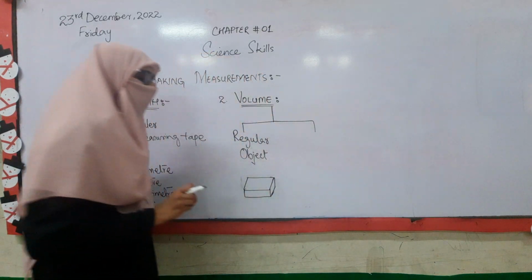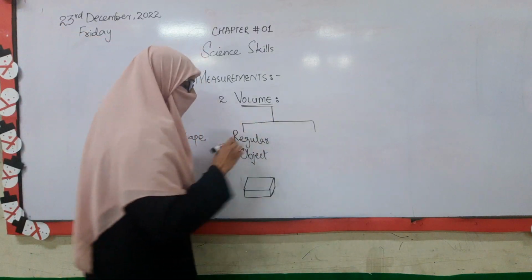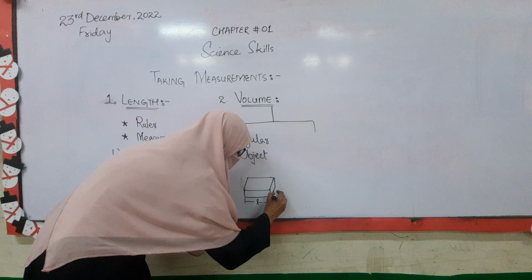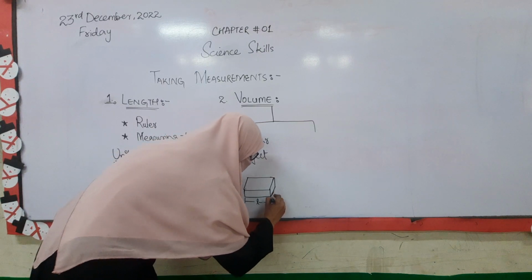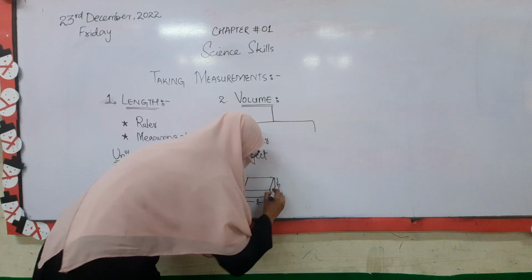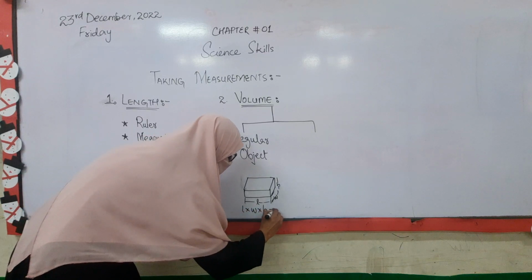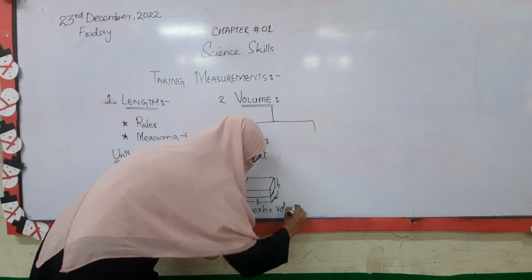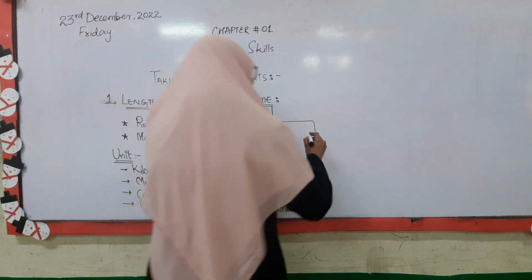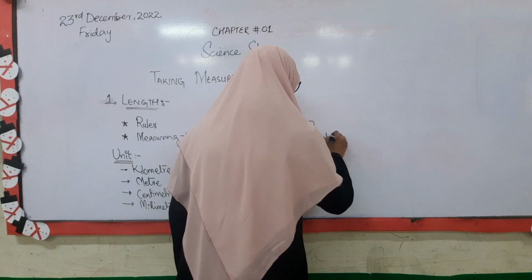so if we have to find out the volume of a regular object, we can find it by measuring its length, breadth, or width. This one is its width, and what will this be? Height. When we multiply its length, width and height, we can easily find out the volume. Right? And if we are talking about finding out the volume of an irregular object,